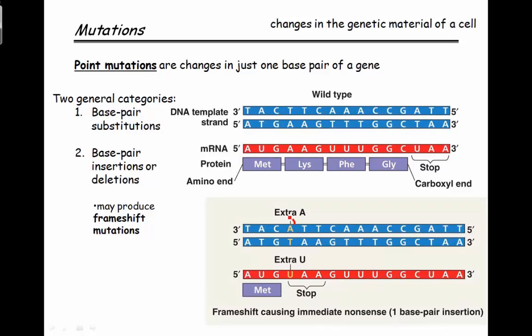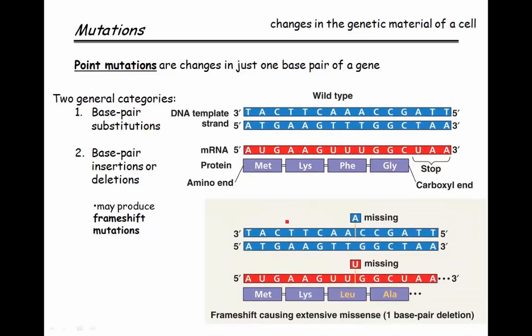In this example, we see an extra A that gets incorporated. Notice that it does shift everything over in the mRNA, and in this case, we actually get a stop codon immediately. So we've shifted our reading frame over, so we call that a frameshift mutation, and that frame shift causes